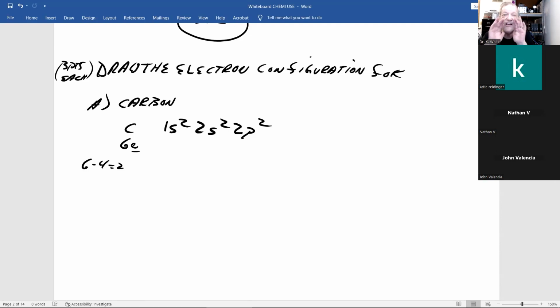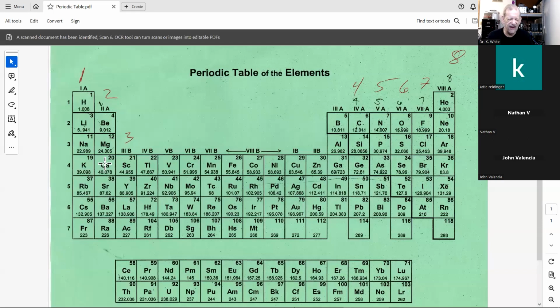Now, keep this a secret. For my class, you only have to know how to do electron configuration up to magnesium, atomic number 12. On test 1 and the final, you only have to do electron configuration up to 12, magnesium. Why? Because when you get down to the others, there are changes in the rules and exceptions, and there are better things I'd like you to learn in my course this semester. So that's my gift to you.